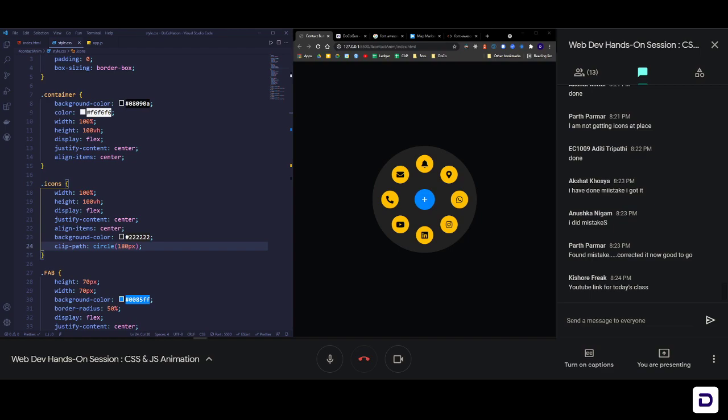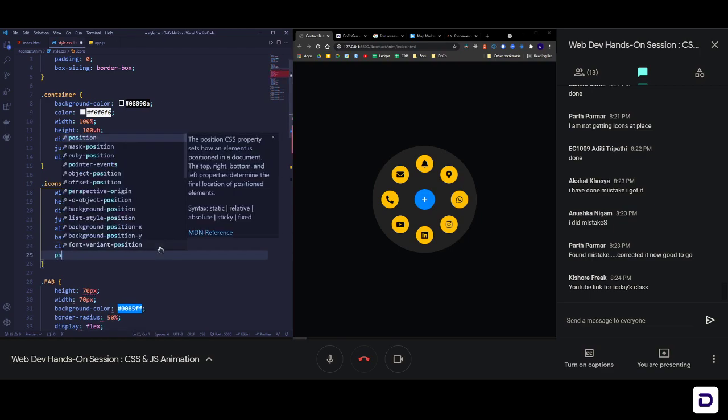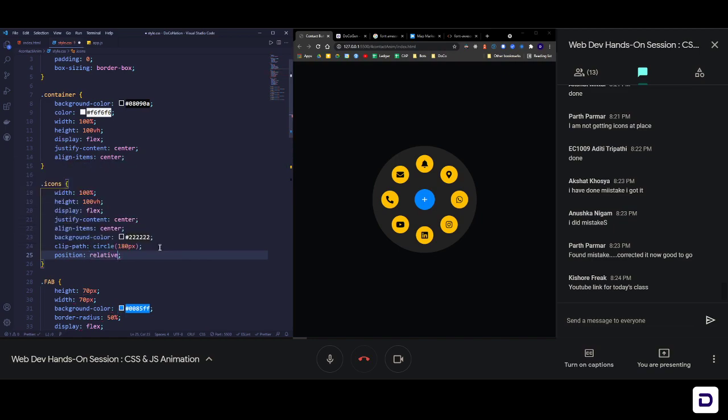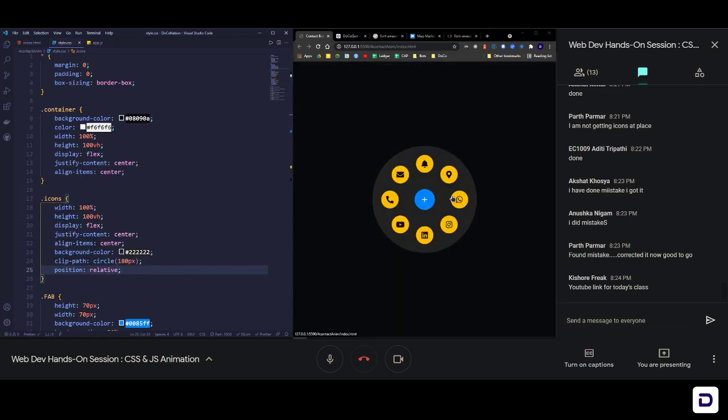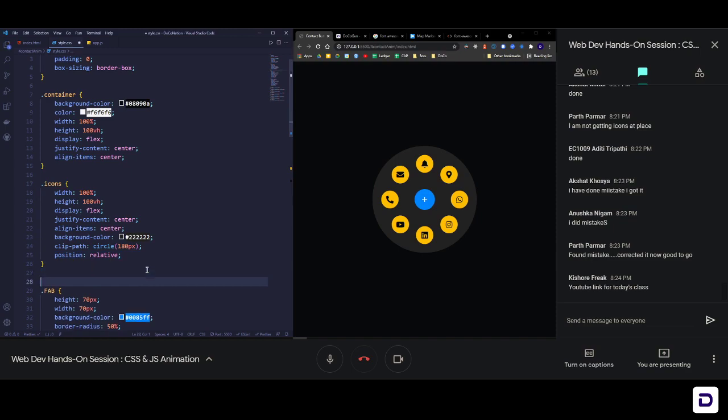So let's get back to this. So what you need to do is that in the icons we need to add one more property here that's known as position relative, so that whatever we are styling inside it and wherever we'll place all of these elements, they are relative to this particular section, which is the gray section, and not anything else on the page. So that's why we'll add this. And then also we'll now create a pseudo class or a dummy class to depict the open state of this particular animation. Okay, so right now this is the open state, but we want that happening whenever that class is added. So let's do that. So I'm going to write here icons.open.